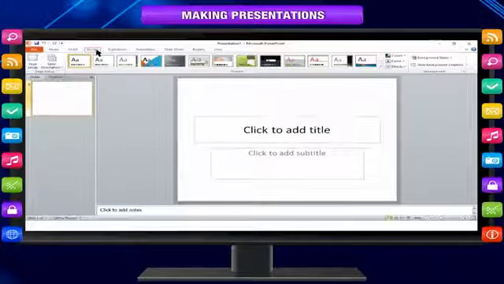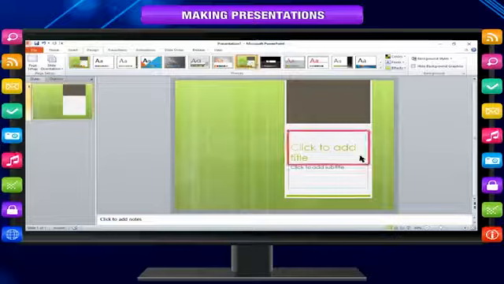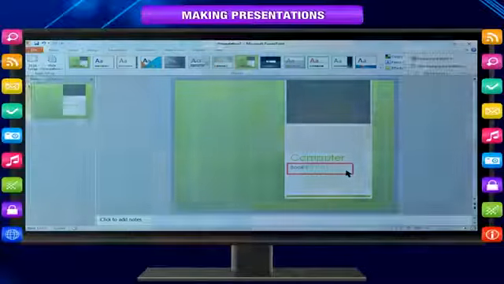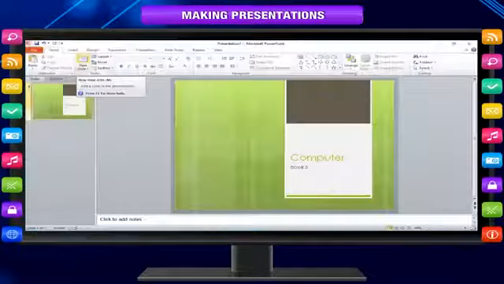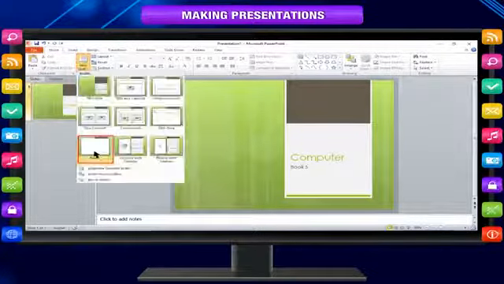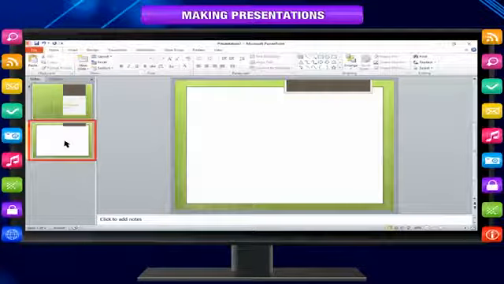Apply a template. If you want to create a uniform style, format and color scheme for a set of presentations that you are planning, apply an existing built-in template to this presentation in the beginning. Later, you can create your own templates. Add more slides. You can add slides with or without content to your presentation by copying and pasting from another presentation on your computer or from a shared location. You can duplicate slides within the same presentation or add a slide from the layout gallery in PowerPoint 2010.